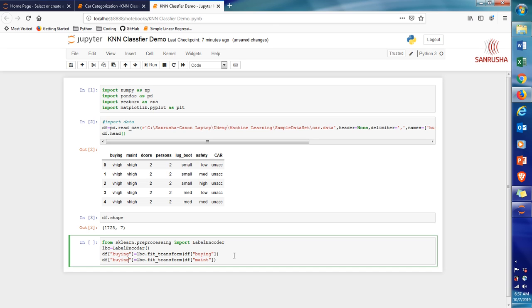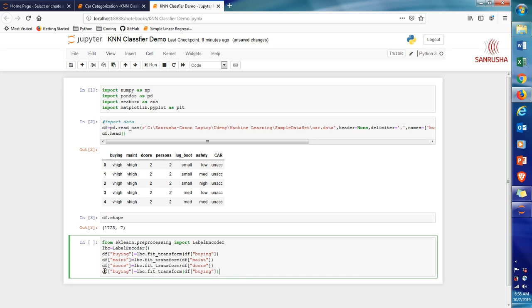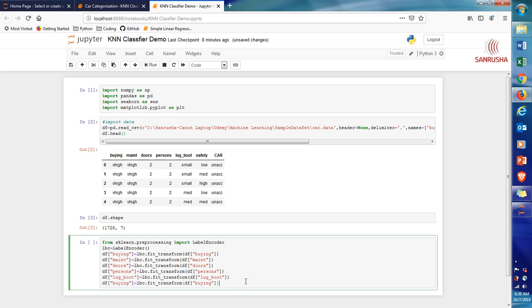Maintenance, then next one is going to be doors, then persons, then luggage boot, safety.